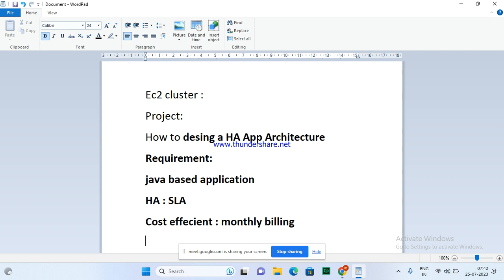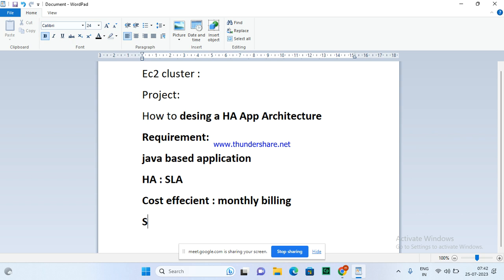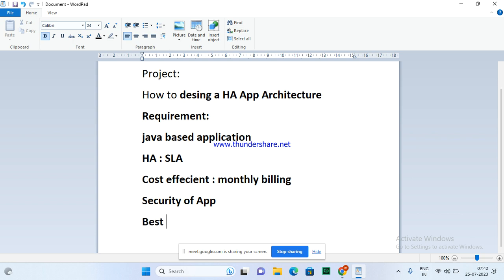And then what? Security of the application. The customer says security, performance, cost efficient, as well as high availability. They want this, right?